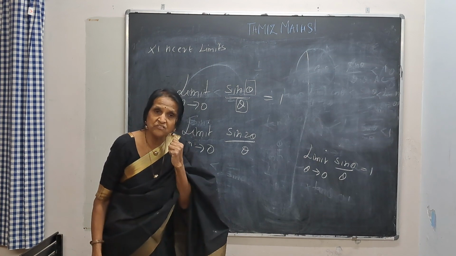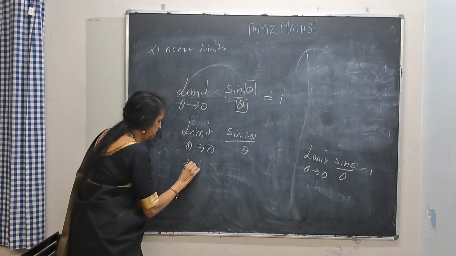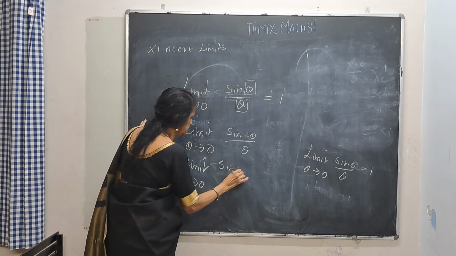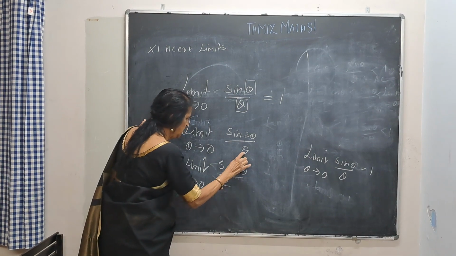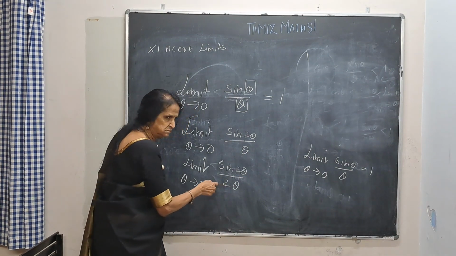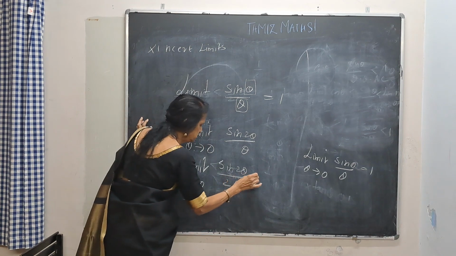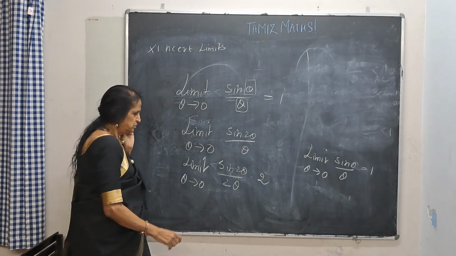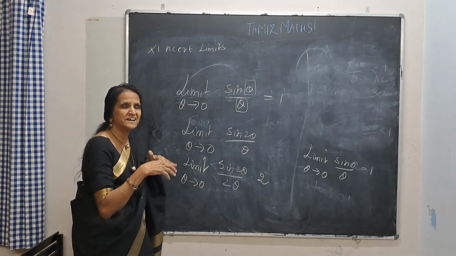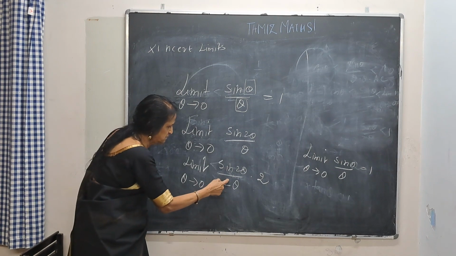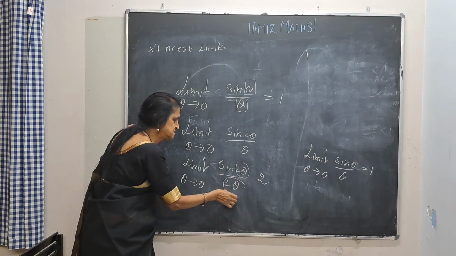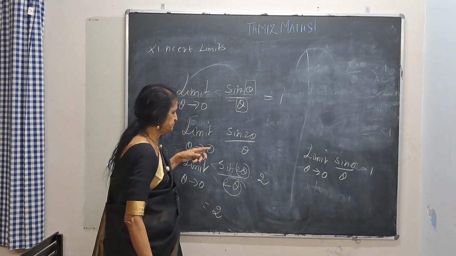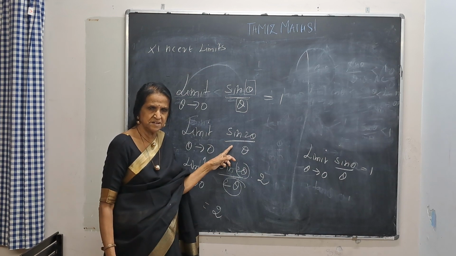So how will I refine? So this will be limit theta tends to 0 of sin 2 theta. I will put a 2 here and this theta will be here. But if I want to have the same expression, I should compensate that. Now, limit of the product is product of the limits. So this limit is 1. Whatever I have here, same thing is here. So the limit will be 1 into 2. The answer will be 2 for this. I hope you understand. Okay.